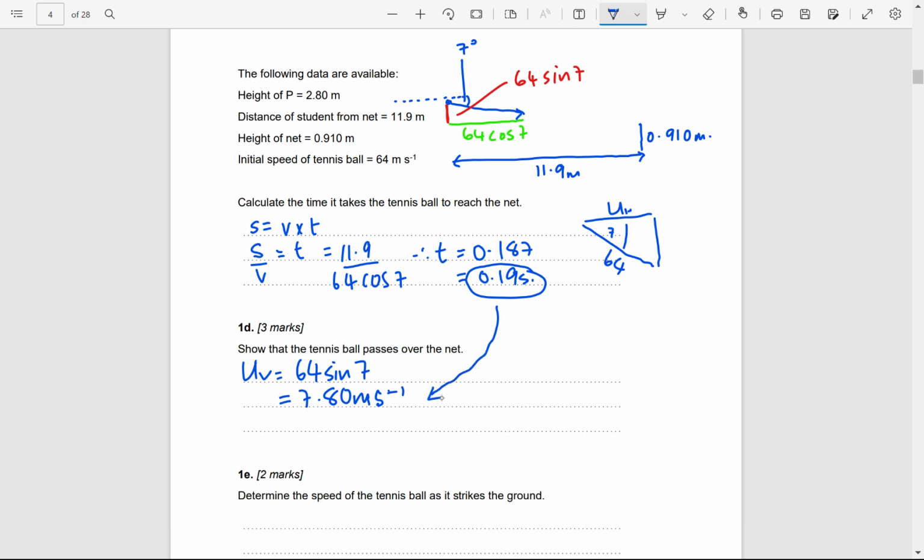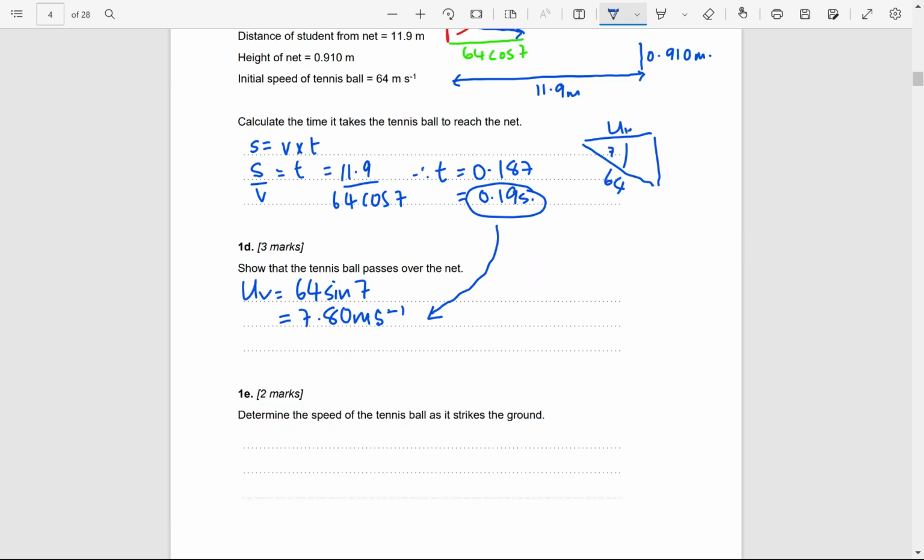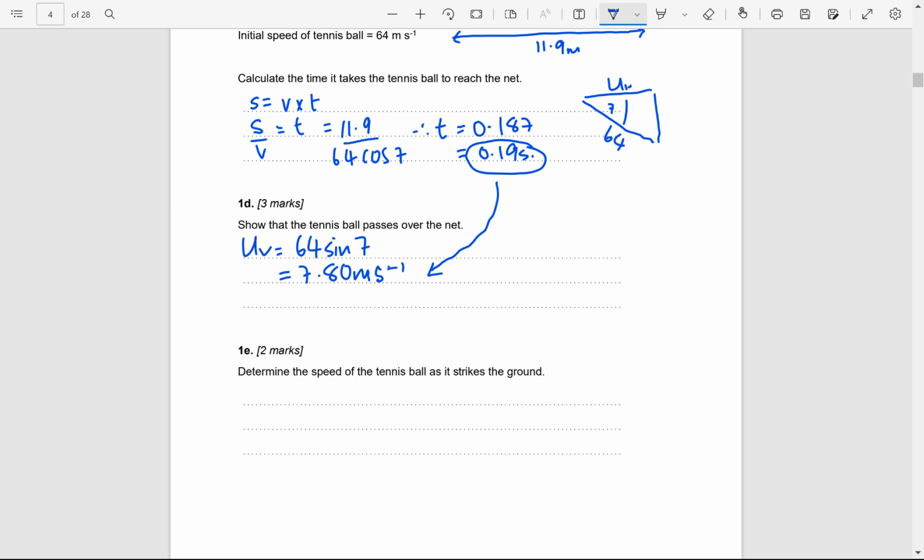So if we say it's falling at an initial speed of 7.8 and then it's just going to accelerate down with gravity, what we can do is work it through and say, what distance is it going to cover in 0.19 seconds, falling at a rate of 9.81 meters per second squared? So I'm going to use the vertical